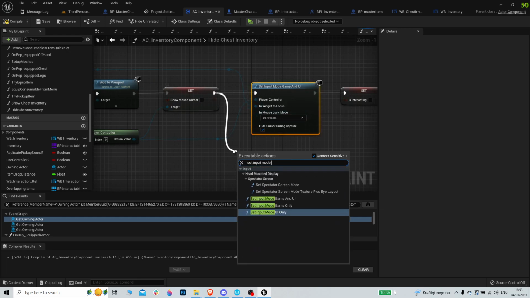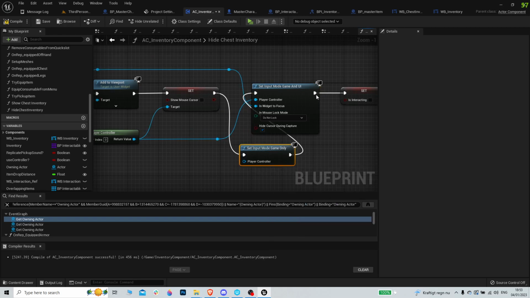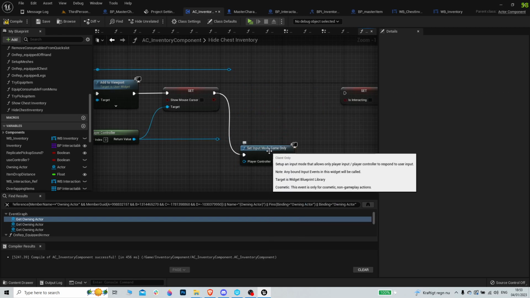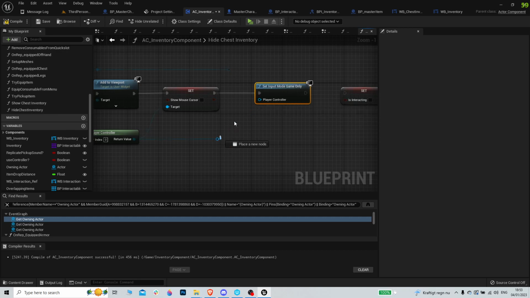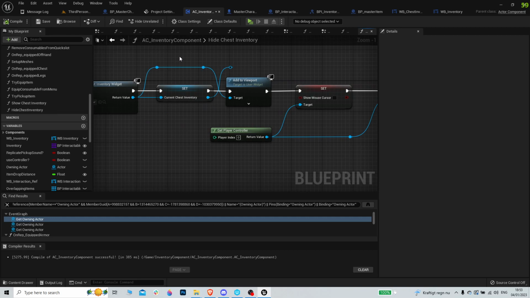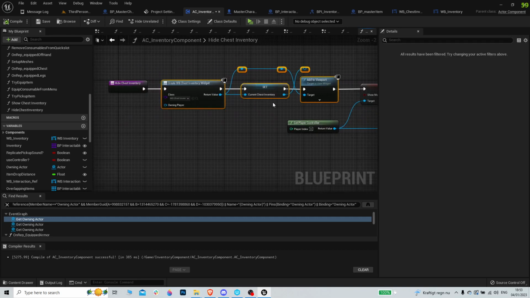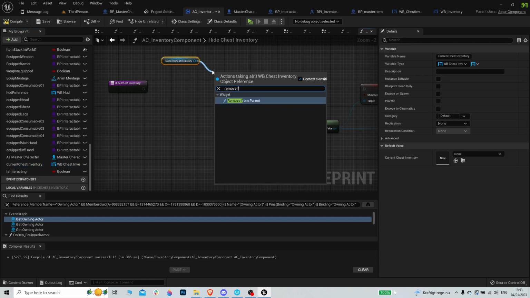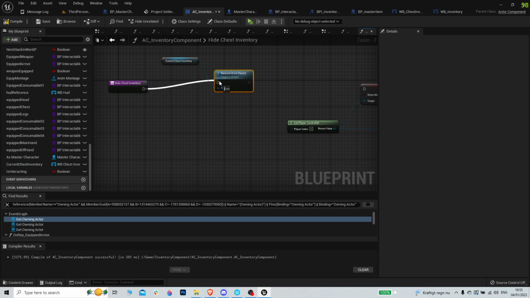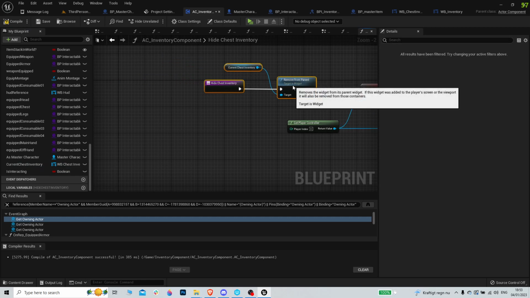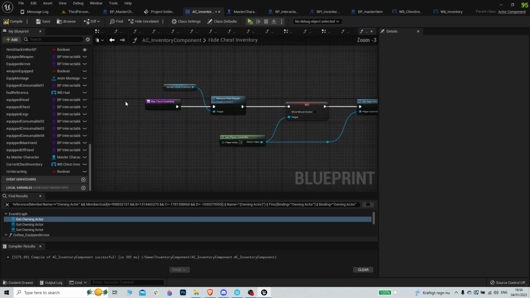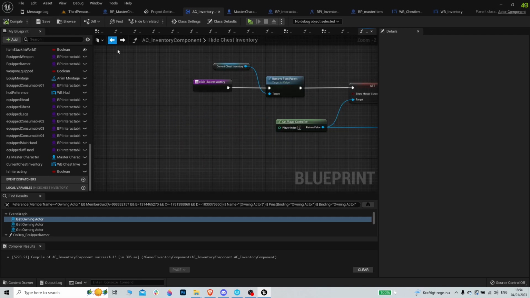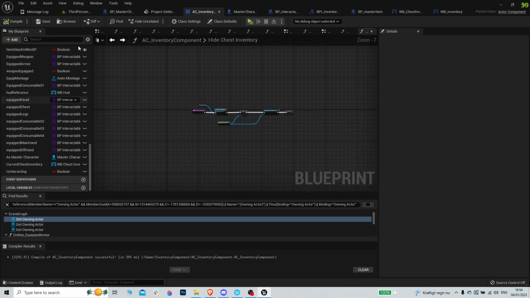Set input mode to game only. So we're gonna hide the mouse cursor. We're gonna set is interacting to false. We're not gonna do this. Instead we're gonna grab the current chest inventory and we're gonna remove from parent. There we go. And now